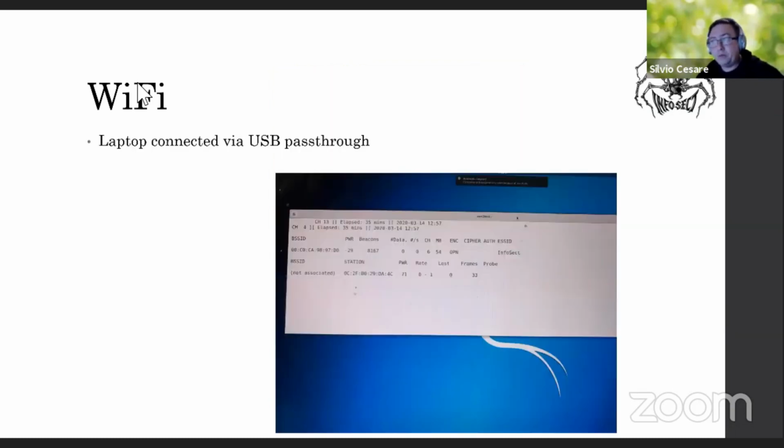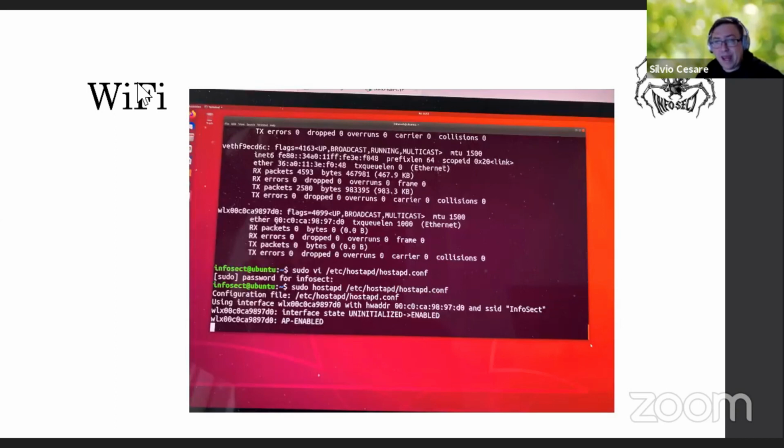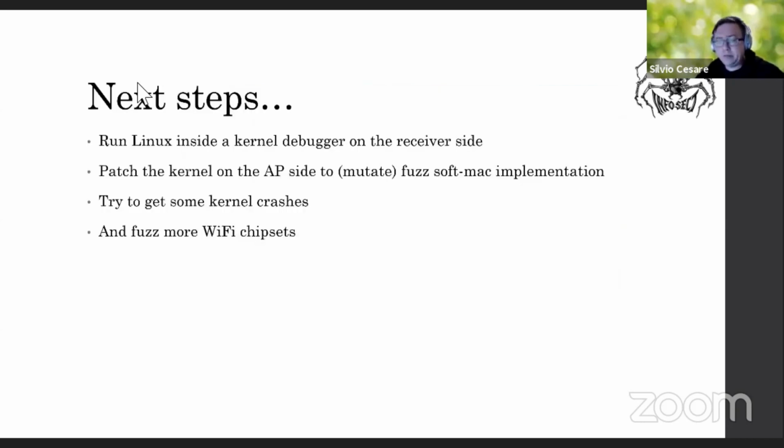And, lo and behold, if I start running some access point software, I can actually only see my access point. The power is negative 29 up there, it says, which is quite strong, and it's pretty good. So I'm not detecting any other SSIDs out there. So my system seems to work. And from outside that Faraday box, I've got software running an access point, and I'm able to see